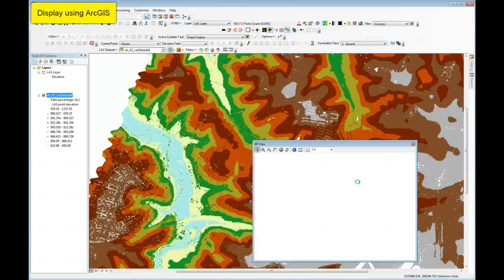So you've seen a comparison of LP360 to ArcGIS 10.1. I think it's quite obvious that we really have sort of a taste of LiDAR in ARC 10.1, really nothing capable for viewing yet. That may change in the future. But for now, you can see that you definitely need LP360 to do any kind of reasonable work with LiDAR data in the